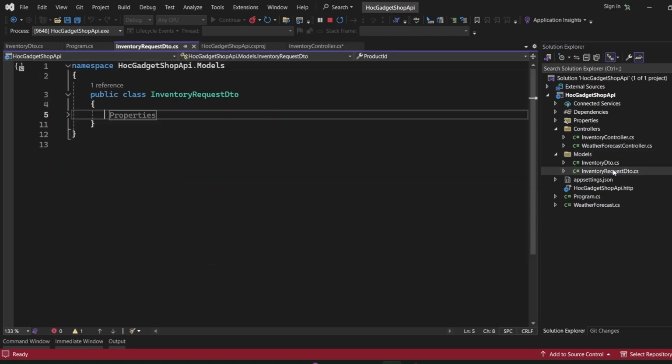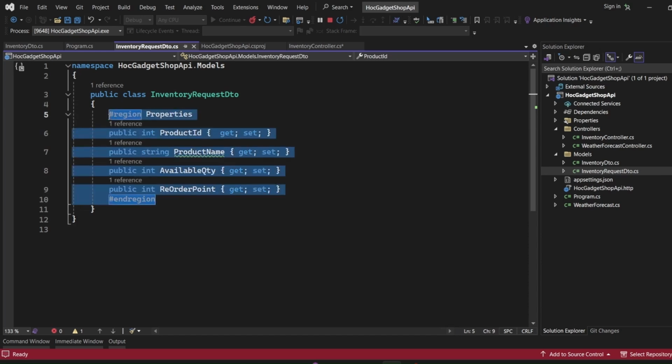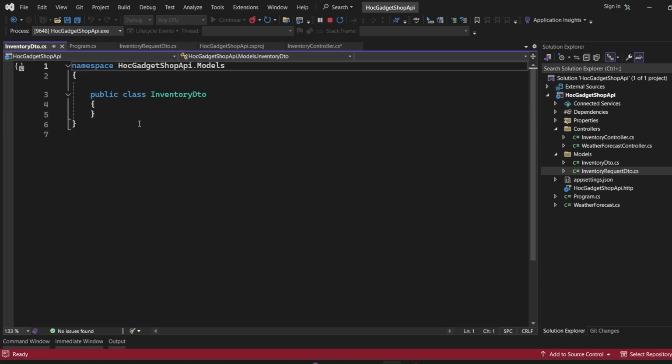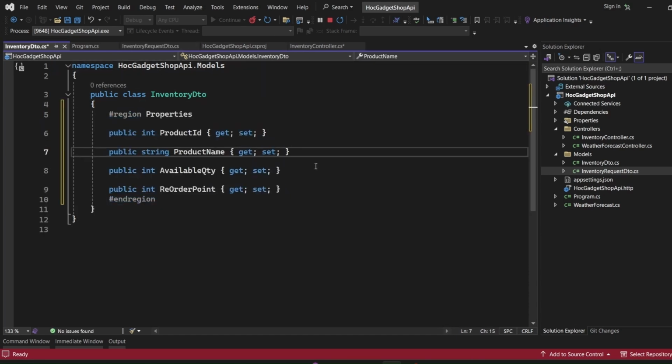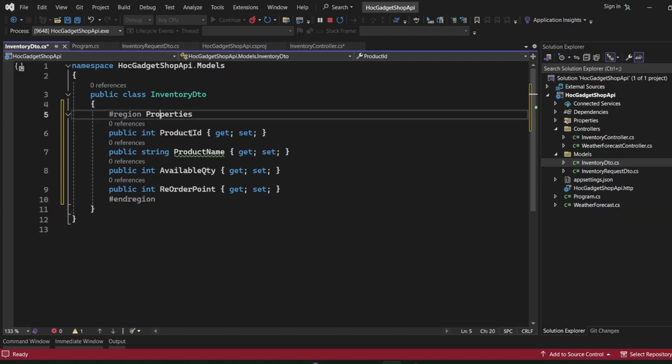Take the properties from inventory request DTO only and just have it in this. So to avoid the confusion we have created a separate model, because if we want to add some properties in one of the classes we could do it in future without modifying another class. So let me save this and use it over here.